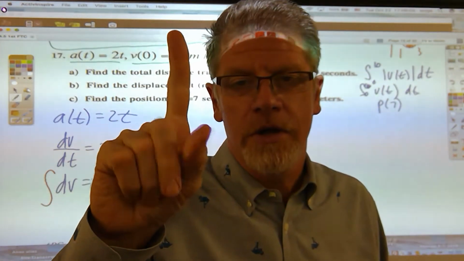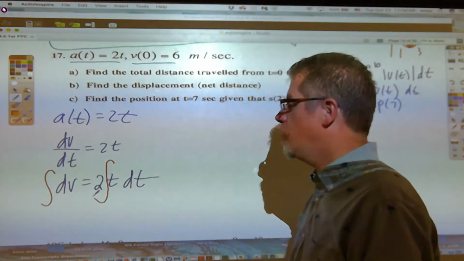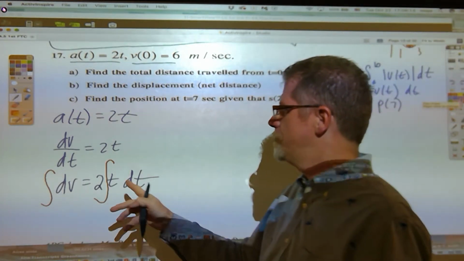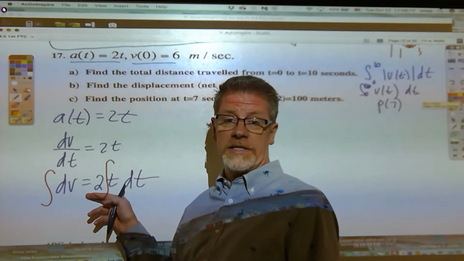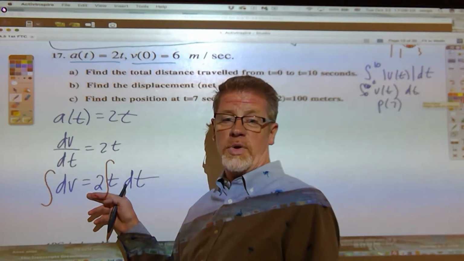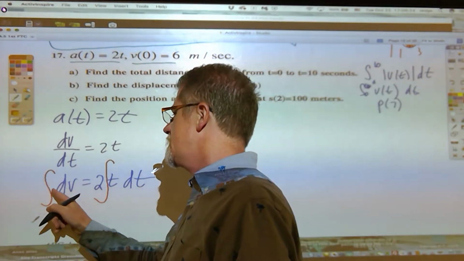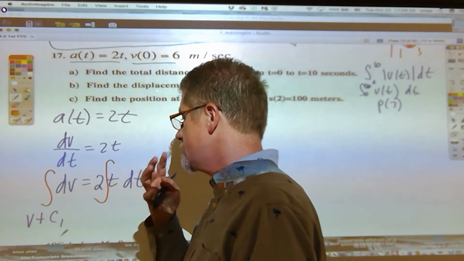It's the number 1. The antiderivative of 1 dv. So notice I put the semi-permeable membrane right here as if the 2 has already passed through the membrane. So on the left, we've got the antiderivative of 1 dv is v plus our first constant, c1,